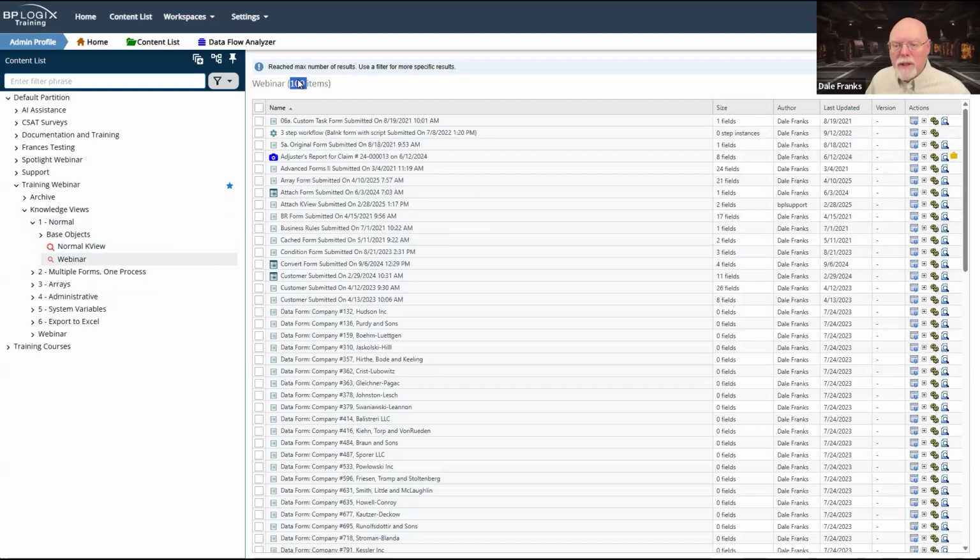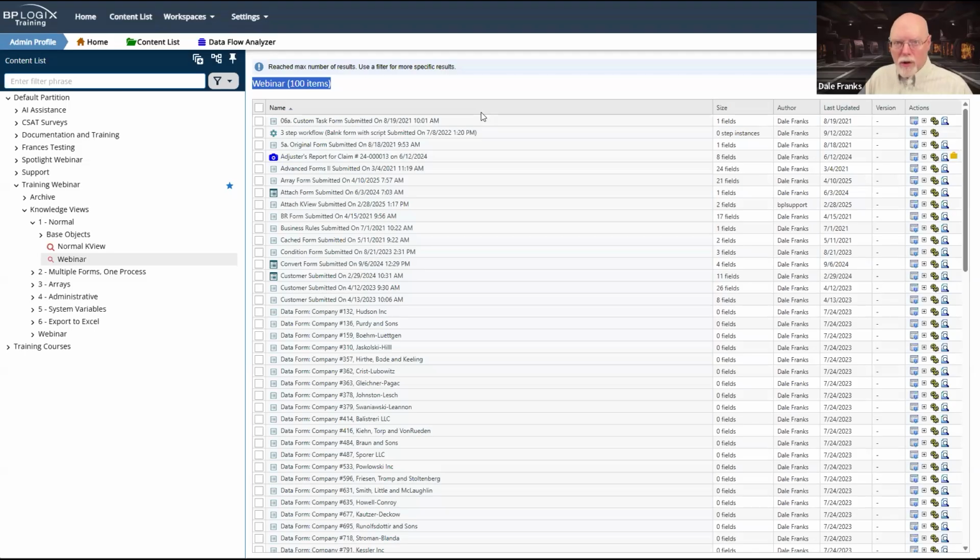By the way, it is no mistake that by default, a knowledge view returns 100 items and no more. You don't want a knowledge view to return more than 100 items. I will just say that as a general rule of thumb. And if you have knowledge views that are returning by default more than 100 items, except in special circumstances for an administrative knowledge view that you will run only occasionally, you do not want to change this.